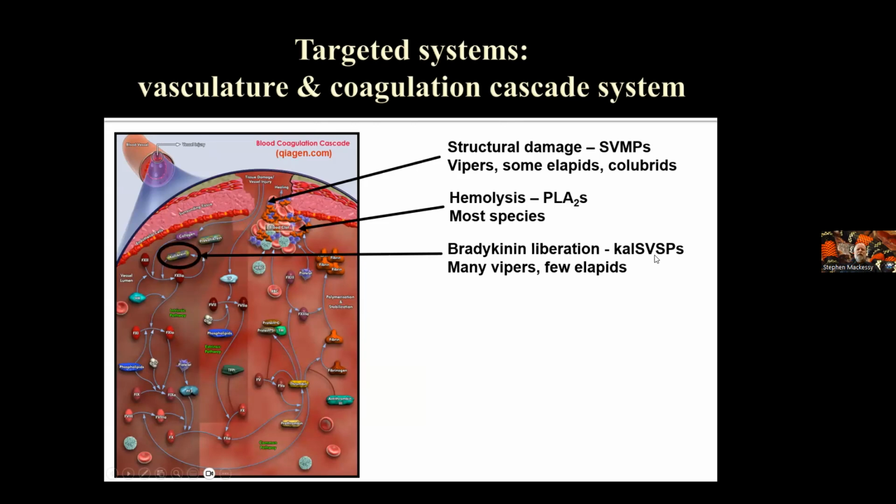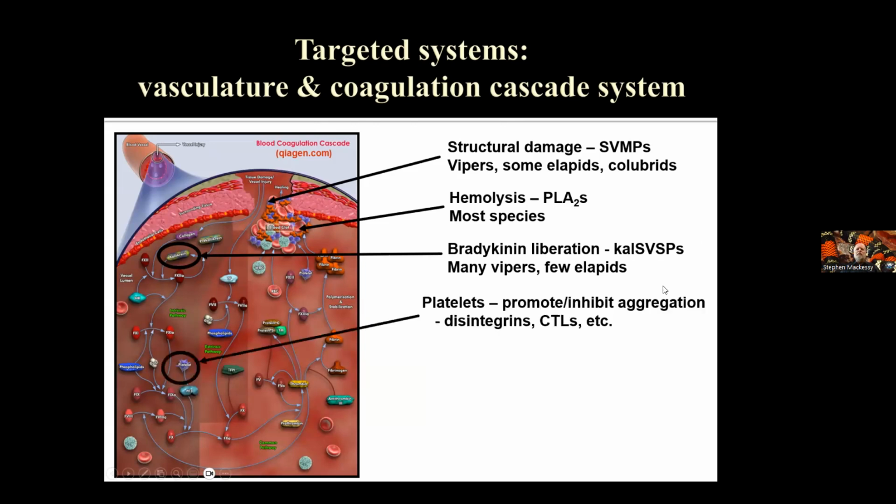We have some specialized snake venom serine proteinases that are kallikrein-like that can liberate bradykinin, leading to circulatory collapse and perhaps induction of rapid shock. We have a variety of components, disintegrins and C-type lectins, that can affect platelets. Some of these promote, some inhibit aggregation of platelets. There are thrombin-like serine proteinases in the venoms, very common in many of the vipers,